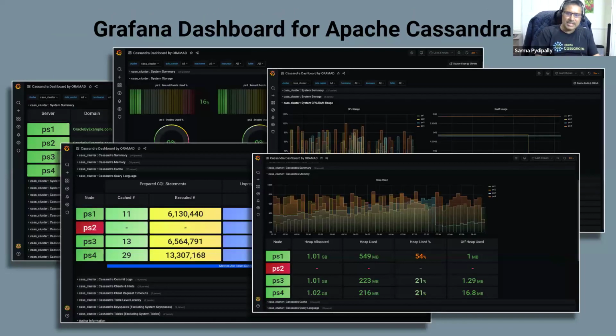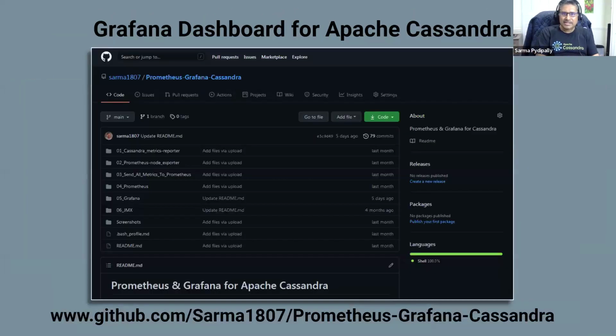Well, this is just a slide which shows all the different dashboards in one place, just a sales pitch there. But here is the project. You should just go to GitHub. If you like it, definitely leave a star for the repo. All community members who are doing open source work, we don't expect money. We just expect that star on the repo.